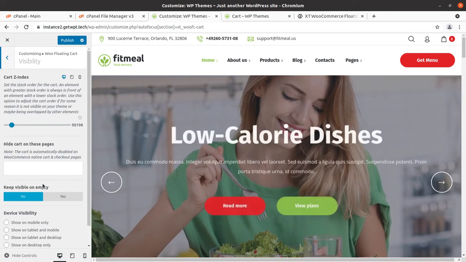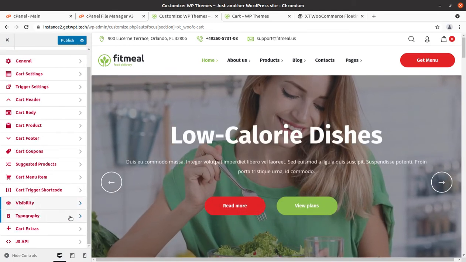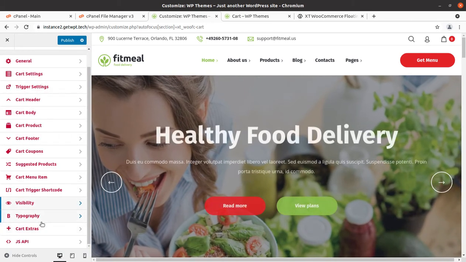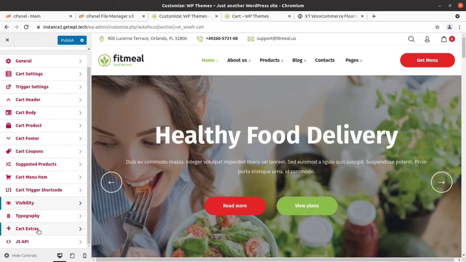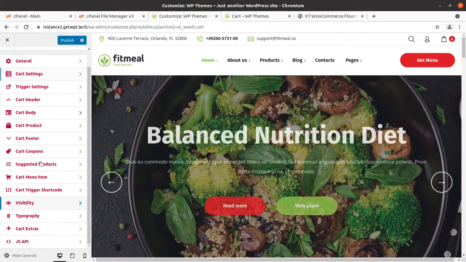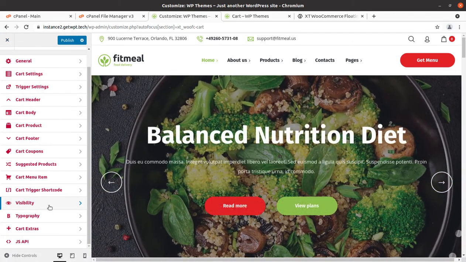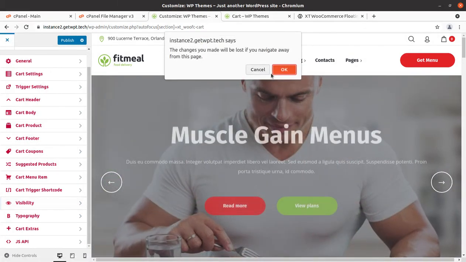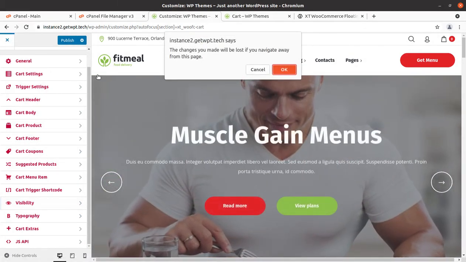Cart Z index, you can set. Visibility, yes. Typography, cart extra, and JS API. All these options are for this plugin only, the XT WooCommerce floating cart, and you can set all of them. I'm just hitting publish.